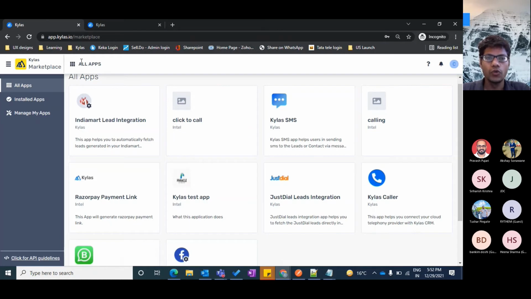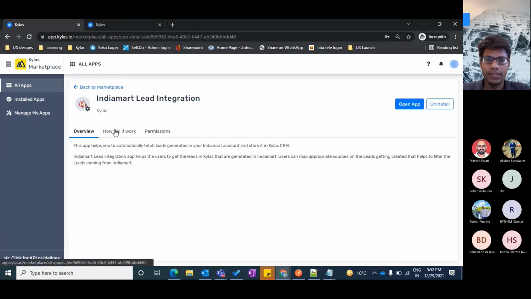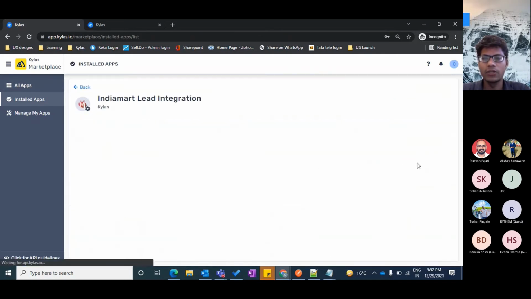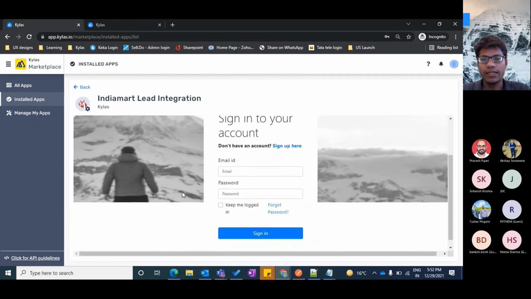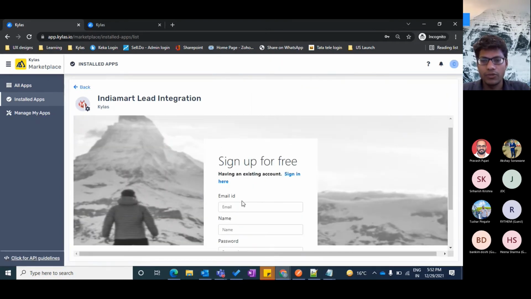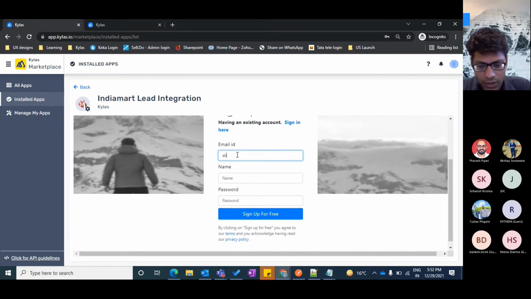I have to go to Kailas Marketplace, click on IndiaMart lead integration, and again the installation process is the same. Since this app is already installed in my account, I'll directly open the application. I'll click on view details, and once I sign up, let me create an account.